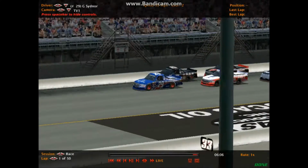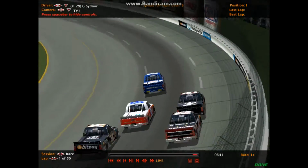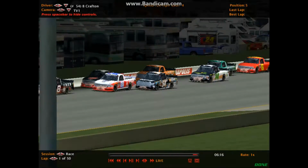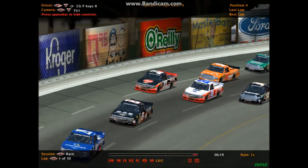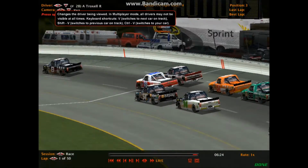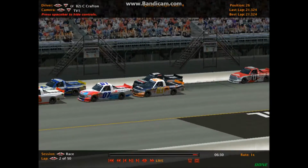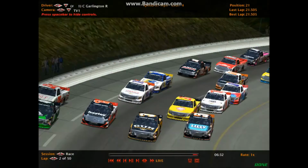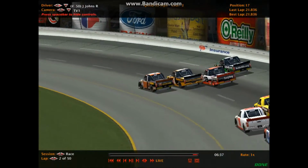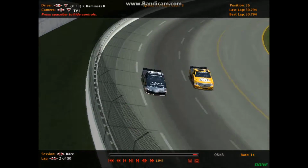Here we go. Garrett Sydnor gets a great start. Here comes Abe Troxell in the 28 looking to bounce, and right behind him is Biff Crafton in the 54. He's also looking to get back in this picture. And in the meantime, look at this. 3 wide behind them. Payne Keys is stuck on the outside, and the caution is already out. I just got to check. Did he make it? Okay. Clev Crafton, no damage on his car. As well, Kendall Domel is in the wall. And Womack is 4 wide. Leia Walker, Kyle Kaminsky,